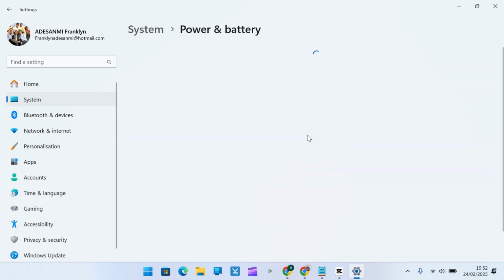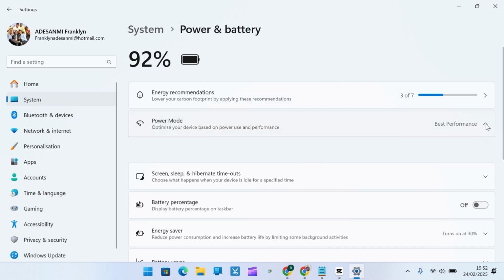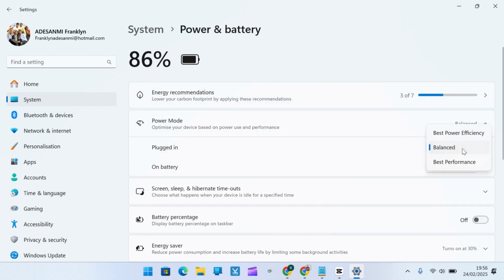Once you selected Power and Battery, you see the Power and Battery menu pops up where you'll be able to manage your battery plan. So, locate Power Mode here and click on this drop menu. And if we set the power mode to best performance, on battery and on plug to best performance, it should have the energy recommendation set to 3/7. But if we choose to go with best power efficiency on both plugged and battery, then it should have your